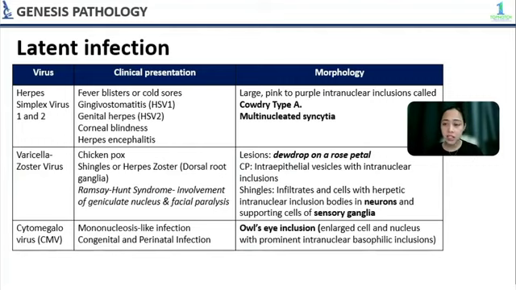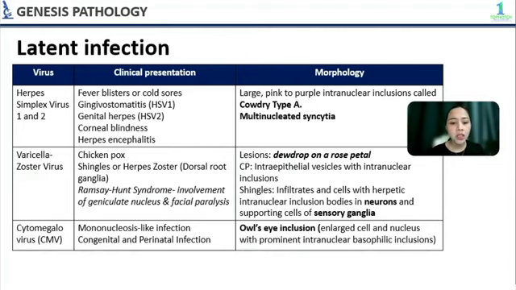And then we have cytomegalovirus. It causes disease depending on the host's age and immune status. Typically, it causes congenital and perinatal infection and mononucleosis-like infection. So, yung nangyayari naman sa mga cells infected with CMV is they become enlarged. Kaya nga yung pangalan, cytomegalovirus. Cyto, cell, mega kasi lumalaki sila.